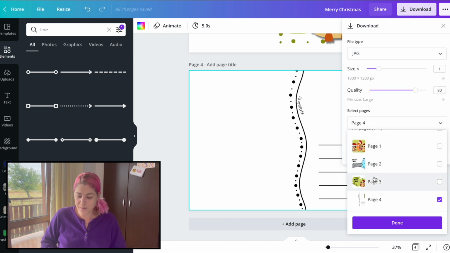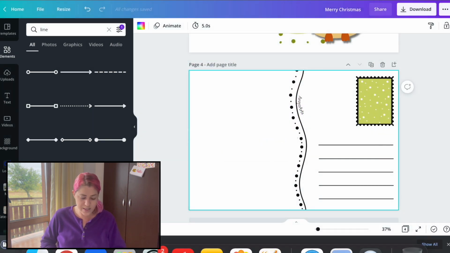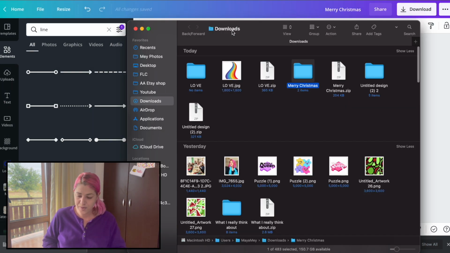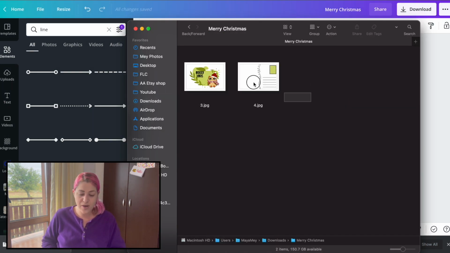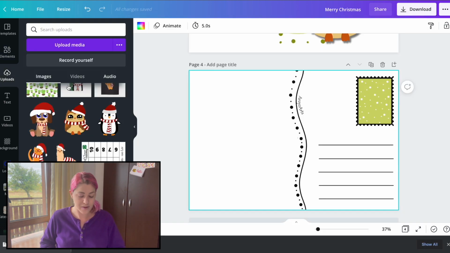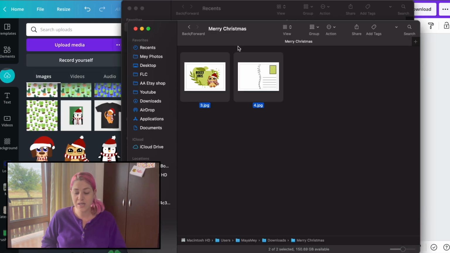The design of the Owl Merry Christmas and the postcard back on JPEG. Once that is done, I'm going to unzip the folder that I got and grab both of these and place them back onto Canva. Now, the first thing that I'm going to do when I'm going to be selling this is I'm actually going to be selling these postcards. So this is going to be